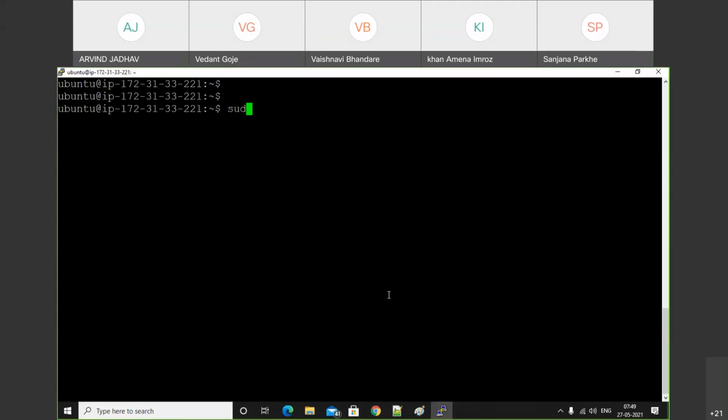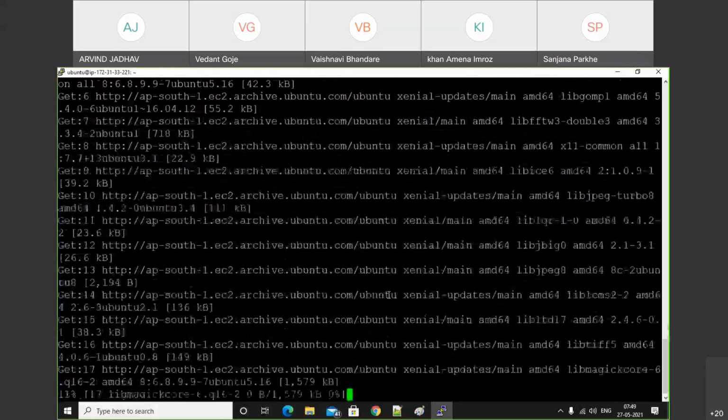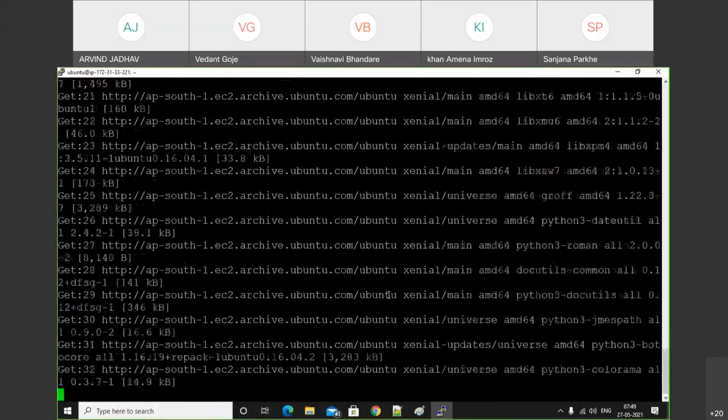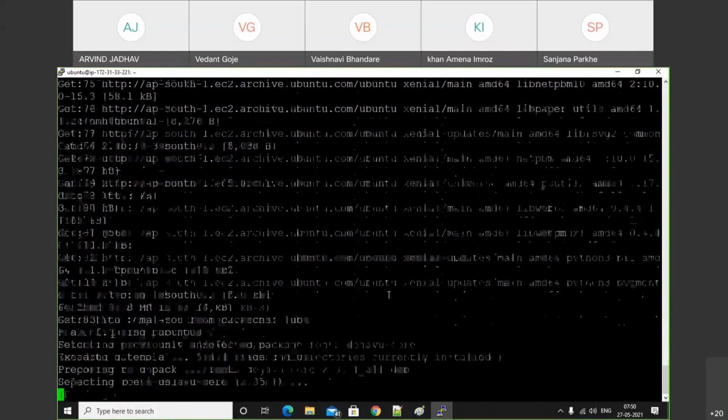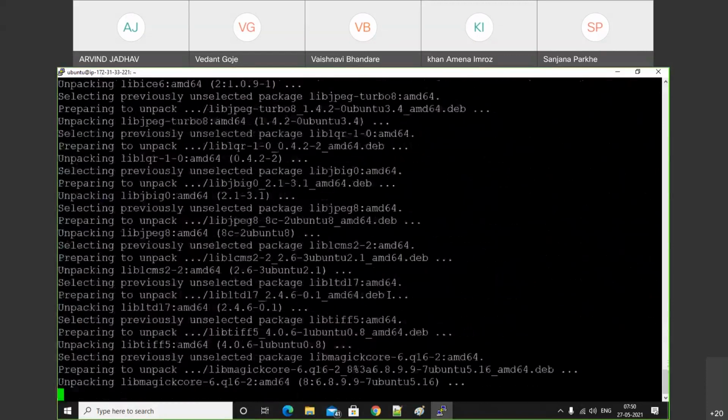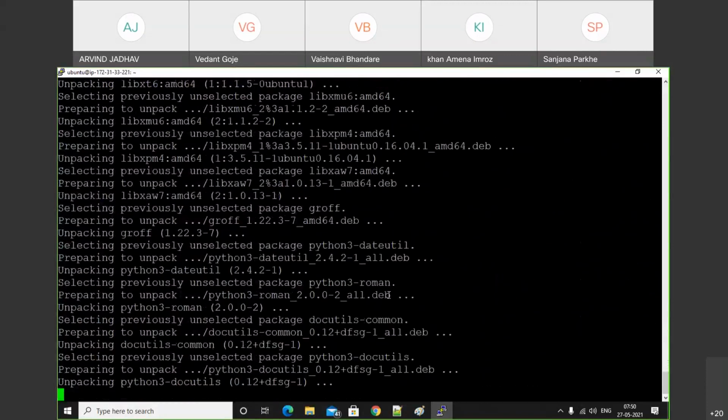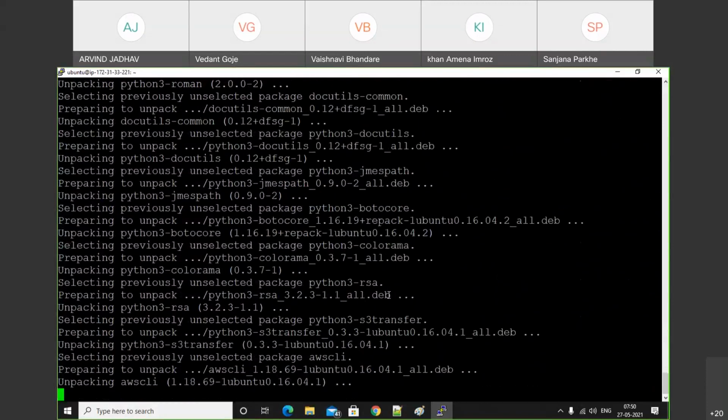Sudo apt-get install awscli. Okay, we need to install that package if you want to access the bucket inside the EC2 instance. Click on that. It takes some time to install the package, and it is mandatory if you want to access the bucket inside the EC2 instance.